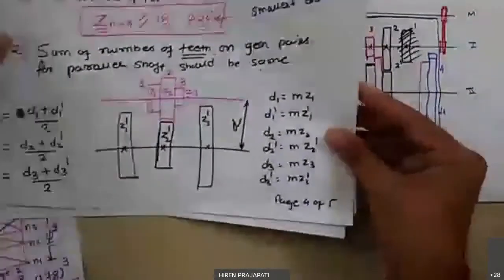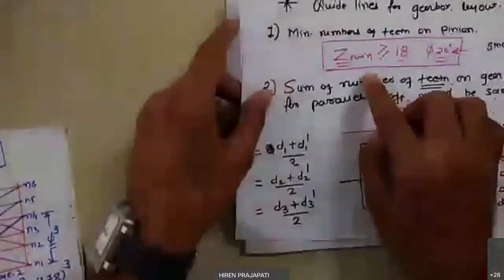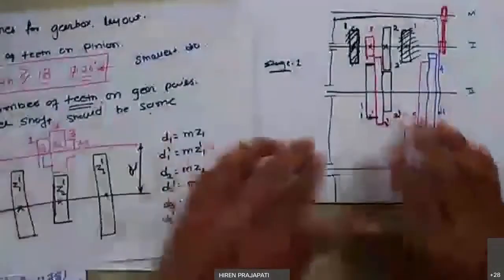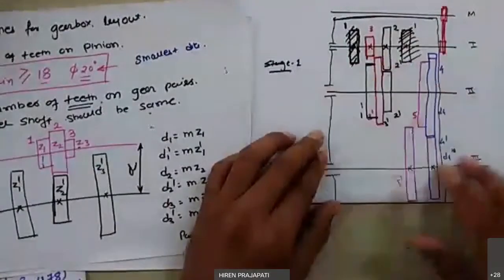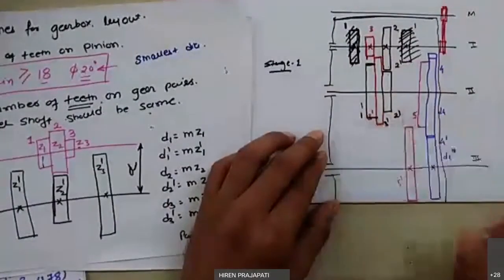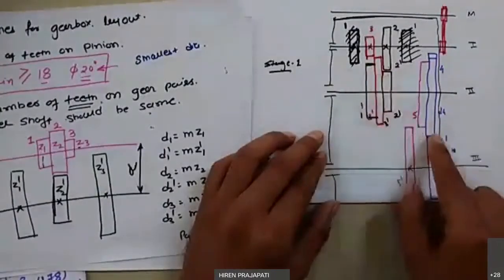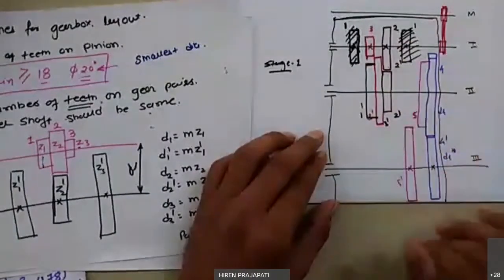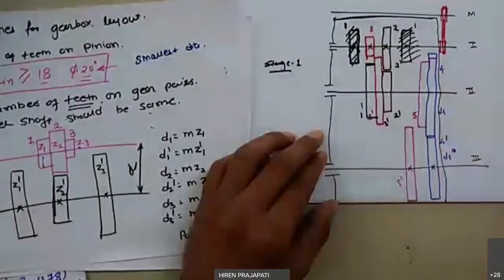So from this, if you look at our first diagram, we need to identify the pinion. Looking at this, which is the pinion in this gearbox? First of all, how many gears are used in this arrangement? 1, 2, 3, 4, 5 pairs. So 5 into 2, so 10 gears are used, right? Then which gear out of 10 is of the smallest diameter?